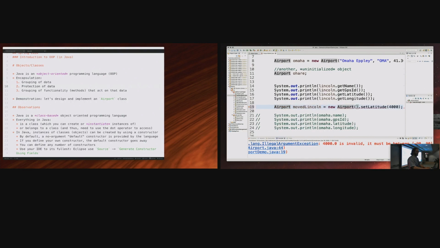And then we'll go ahead and set it to Lincoln. But then I'll change its longitude to, I don't know, 80 degrees instead of 40 degrees. So we're moving it, it's probably in the middle of the ocean, but whatever. And then we'll go ahead and print it out. All right? And to see that this actually occurred,